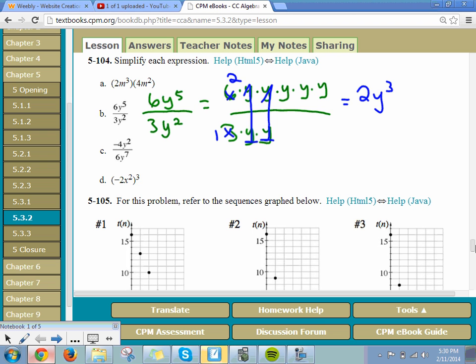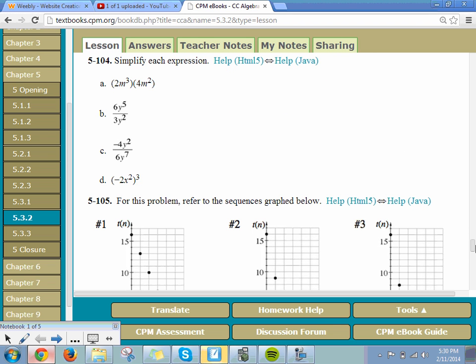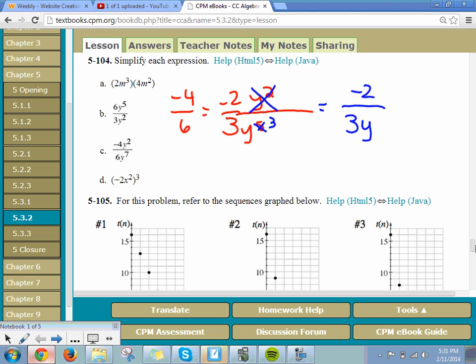In part C, same exact thing. The only thing that's really different is that you've got a -4 and a 6. Remember, that's really just -4 divided by 6, which we know simplifies to -2 over 3. And then you had y squared over y to the fifth. What we have here is we've got 2 y's up top, so those are going to go away, and we'll have 3 left in the bottom. So your final answer should be -2 over 3y